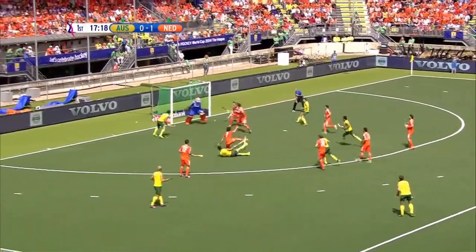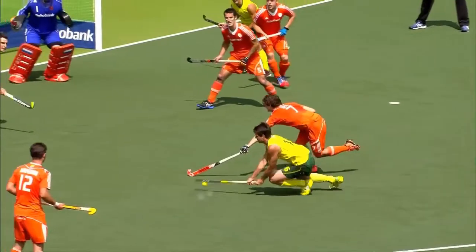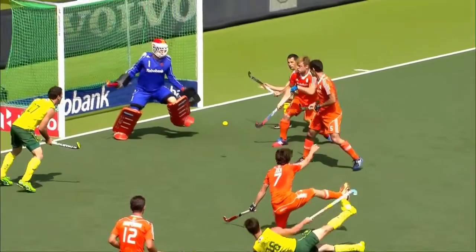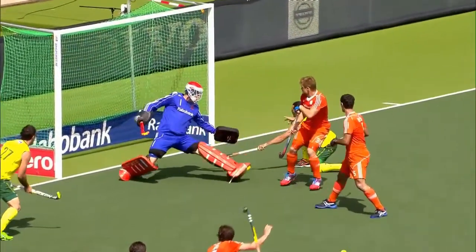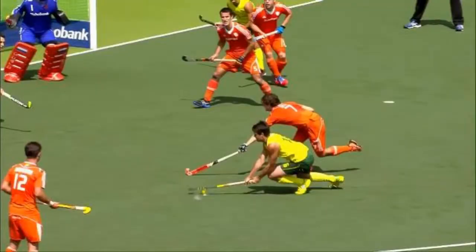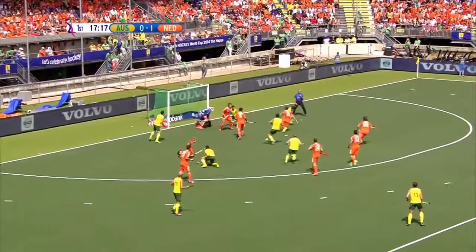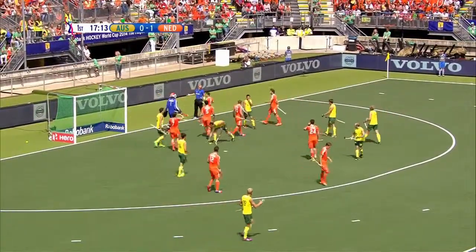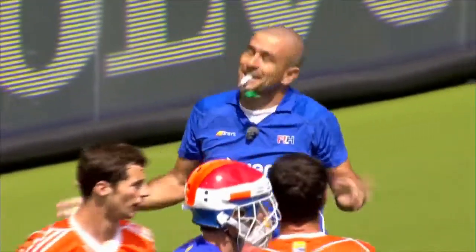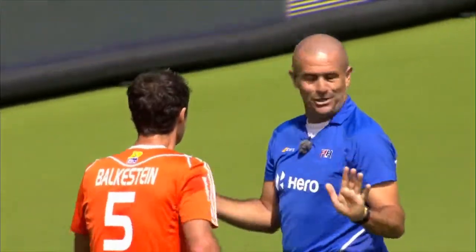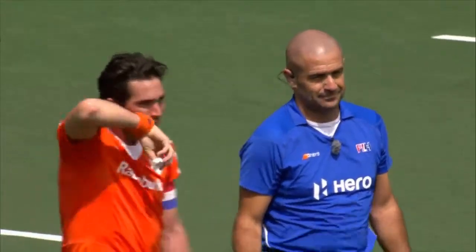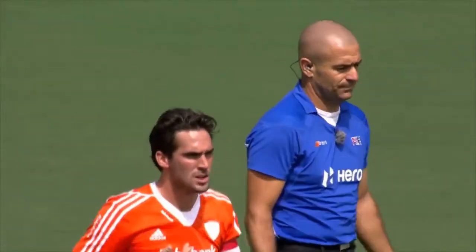Here we have a backsticks offence by the Australian player, which the umpire has no chance at all of seeing because the ball is shielded from him by the body of a defender. The umpire's view in this incident was also blocked, but instead of accepting that his view was blocked and he might have been wrong, he refused to accept any correction.